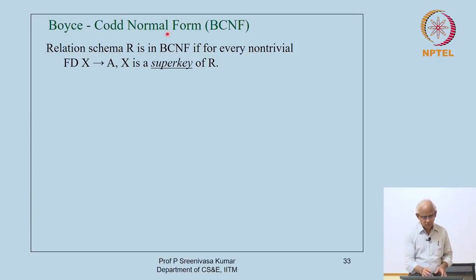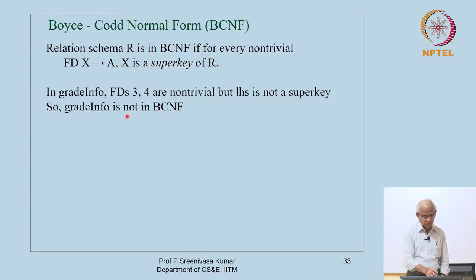The definition is this: we just drop the prime attribute concession from the third normal form. A relation scheme R is in Boyce-Codd normal form if for every non-trivial functional dependency X determines A, X is a super key of R. So now, FDs 3 and 4 do violate this rule,